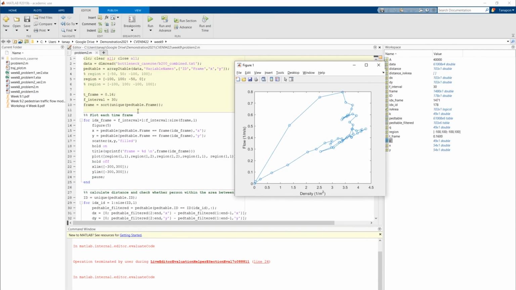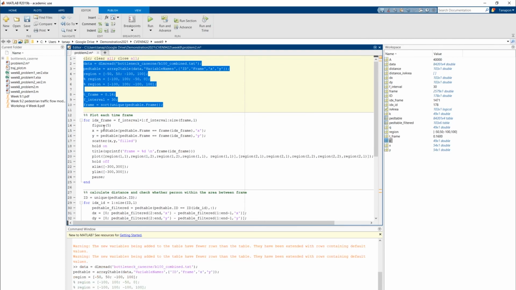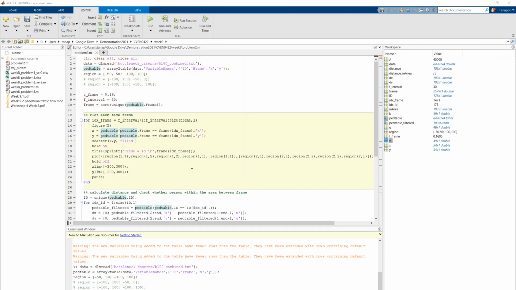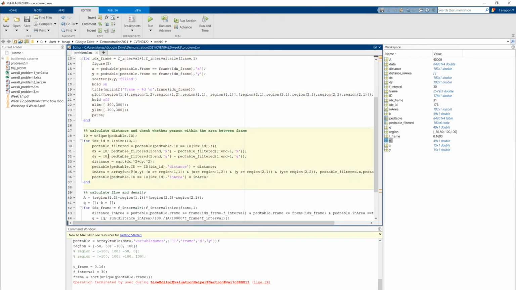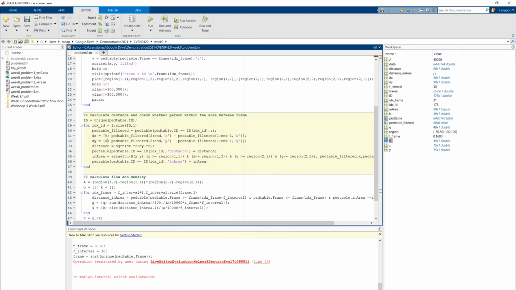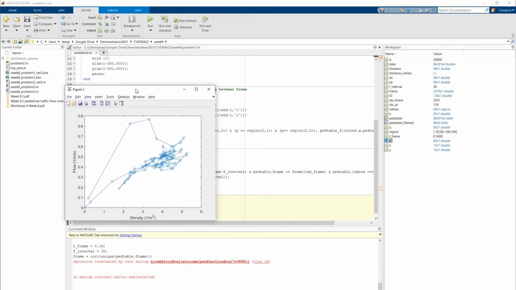Maybe I can keep this here, and then I can do this. I don't want to close all because I still want that. Okay, I don't want to run this. Come on. Let's do figure 3. So this is